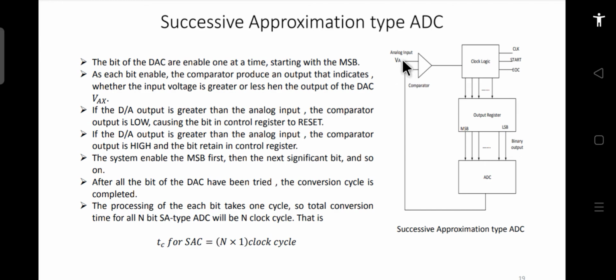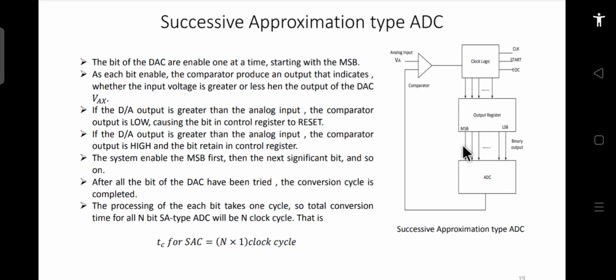The input is 5 volts, and it will check what the output is. Since it is a DAC, corresponding to this it will generate some analog value, which will be 2.5 volts, and it will see that 5 volts is still greater than 2.5 volts. So again it will make this bit 1, because the input value is still greater.